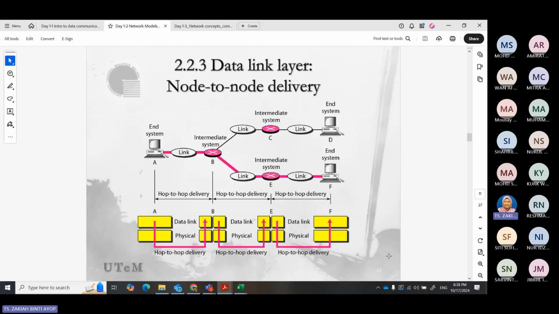Okay, so this is the data link layer, where one example is the node to node delivery. We say it is node to node delivery because, as you can see, hop to hop or node to node delivery means finding the nearest devices that I can send out to. The nearest devices must be on the same network. Okay, A and B here. You want to send from A to D or A to F.